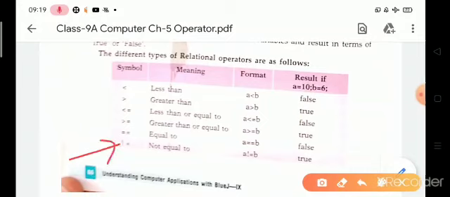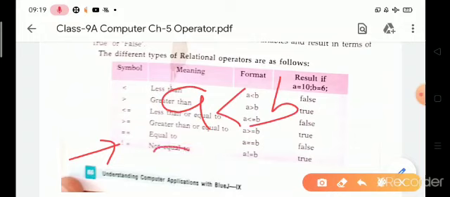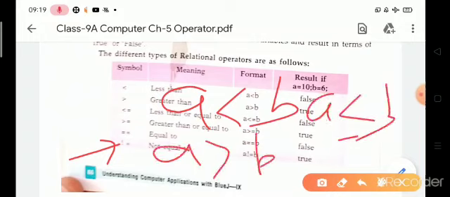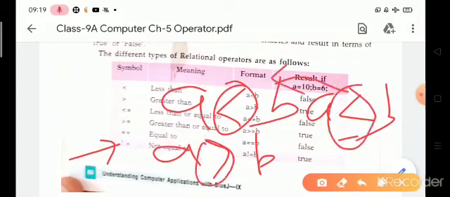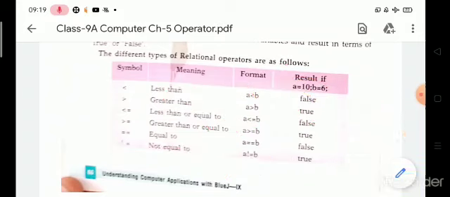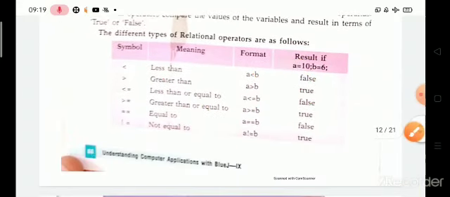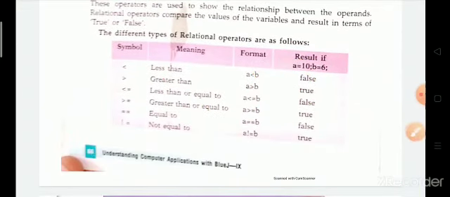It shows the relationship between two operands. For example, A is less than B, A is greater than B, A less than or equal to B. So here less than, greater than, less than or equal to, these are relational operators, showing the relationship between these two operands, A and B.